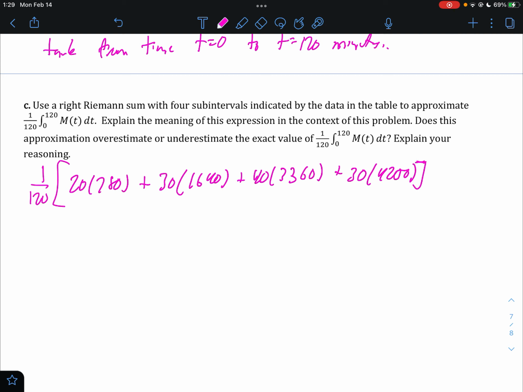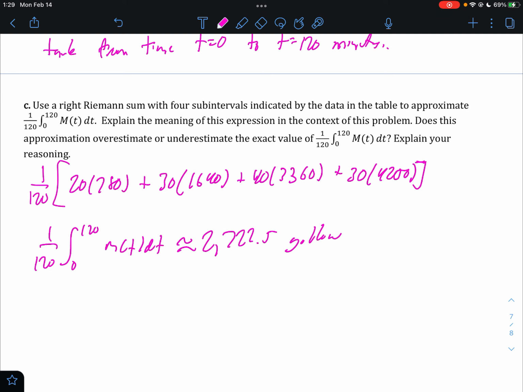Yes, you can absolutely use a calculator to do this. So if you go ahead and punch this in your calculator, you would get that 1 over 120 integral from 0 to 120 of m of t dt is approximately 2,722.5